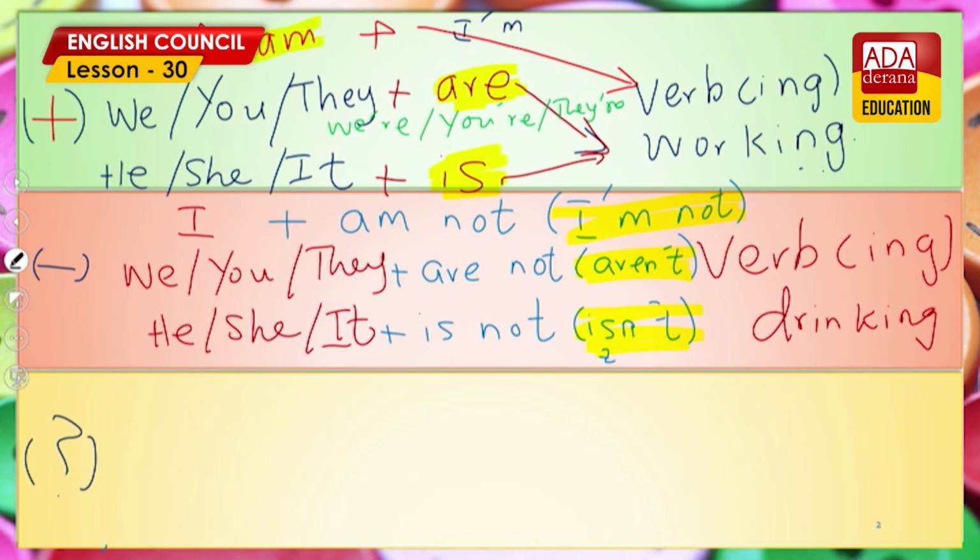So, I'm not drinking. We aren't drinking. You aren't drinking. They aren't drinking. He isn't drinking. She isn't drinking. It isn't drinking. Right. So it doesn't matter whether you use am not, is not, are not,